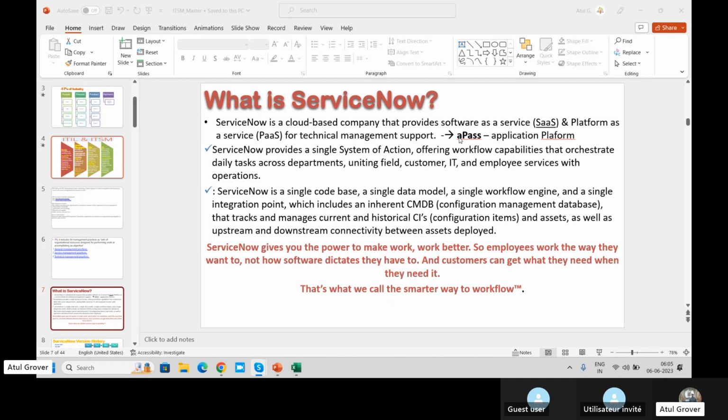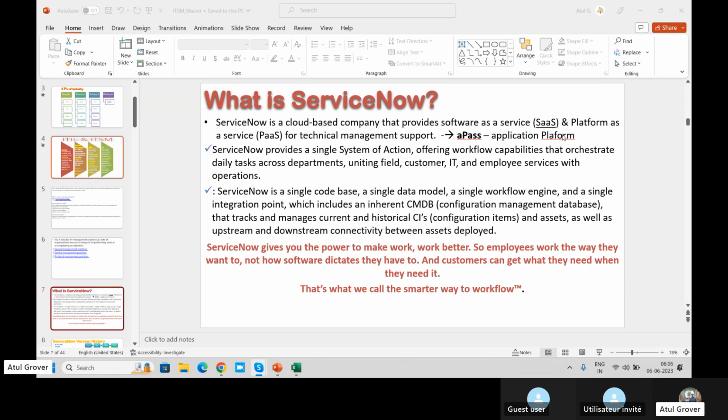Because a lot of customers and developers are building new apps on top of it. So ServiceNow says, don't worry. If you don't want to do anything new, use it as it is. If you want to build something new as per your requirement, go and make it. So it is called APaaS, application platform as a service.